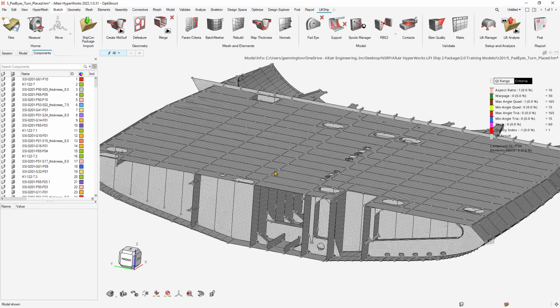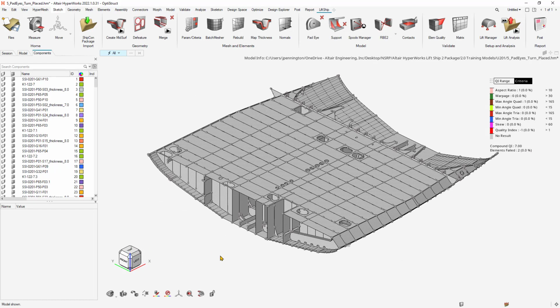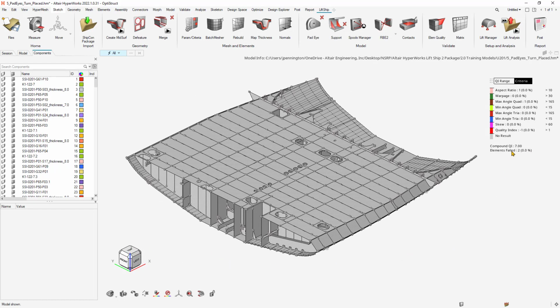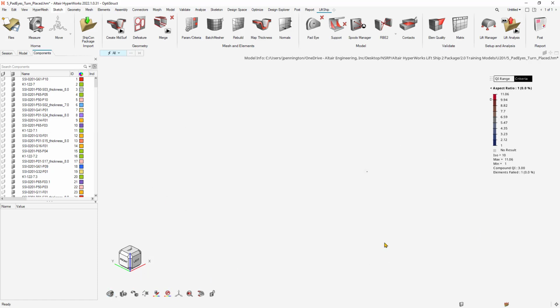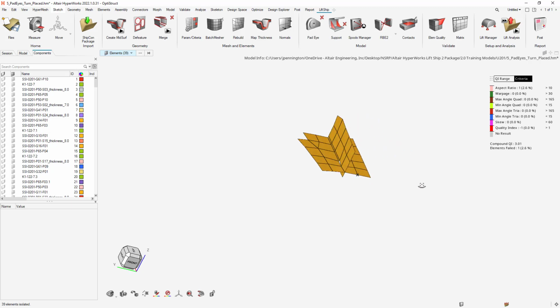Okay, so let's go ahead and bring our model back. Now it looks like we have a couple more failing elements. Let's go ahead and go through that process. Let's focus on the elements and click E, and we'll hit Control A. We'll just hit J a couple times, hit isolate, and now we have,